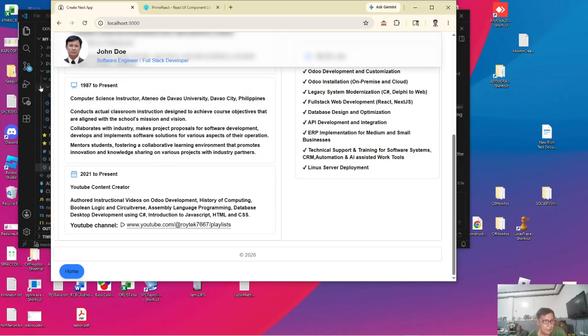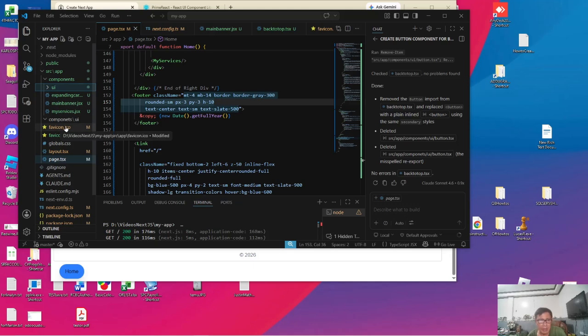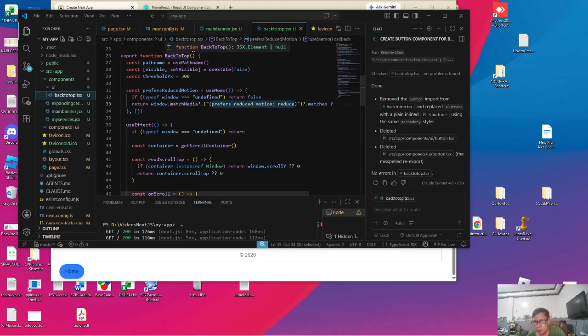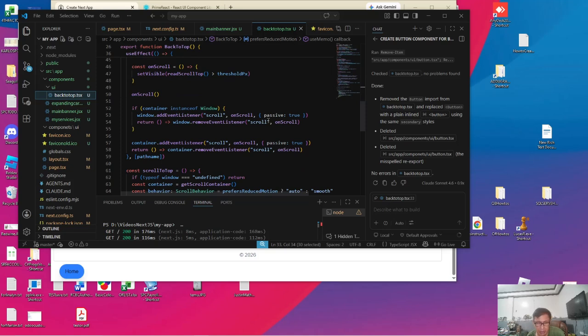Now I have already created a disappearing back to top button. I place it under components under UI. It's like a button in itself, except that I'll have to use another session because it uses different React hooks. If you want to skip that session, if you don't want to know any deeper regarding React, if you don't want a deep dive, okay, you can skip that episode and go directly to the next episode, which is about image galleries. Okay, so this is just a button, but it is disappearing and it will scroll back to the top. How do we do that?